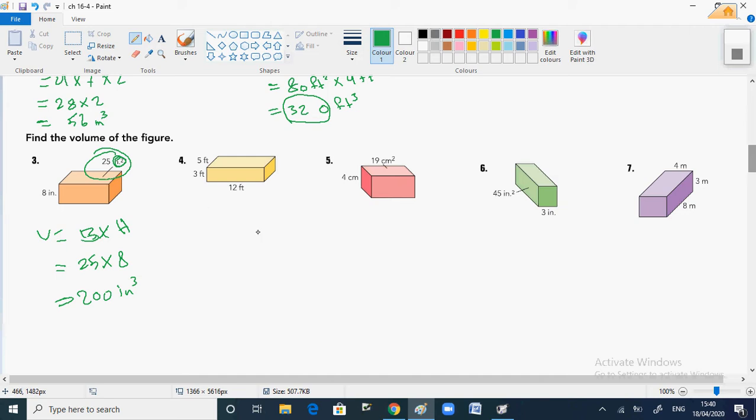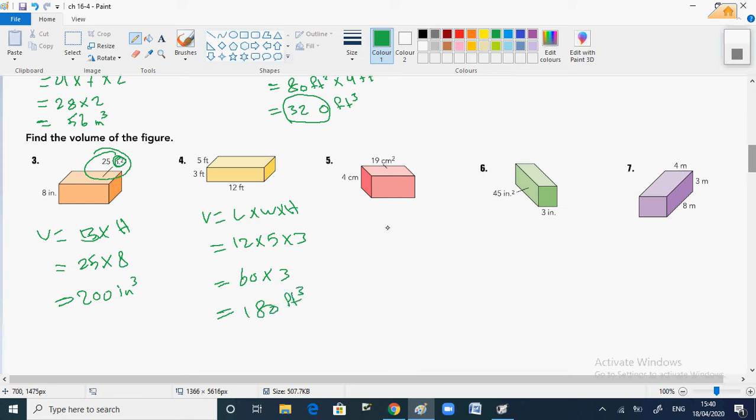cubic inches. Okay? For question number 4, I will use volume is length by width by height, because I don't have an area here. So I will multiply 12 by 5 by 3. Okay, so I will get 12 by 5 is 60 times 3 is 180